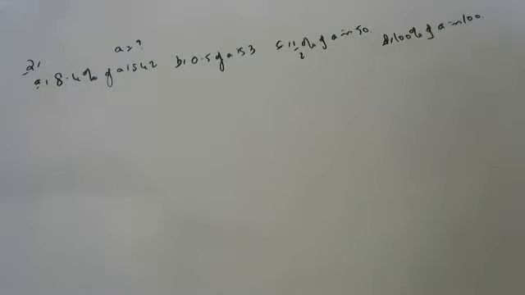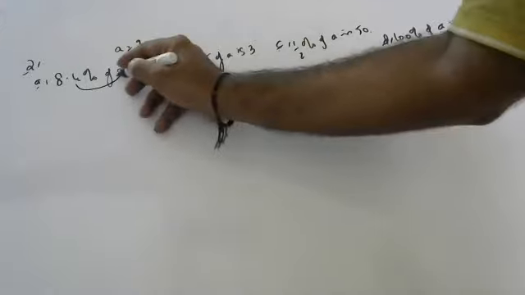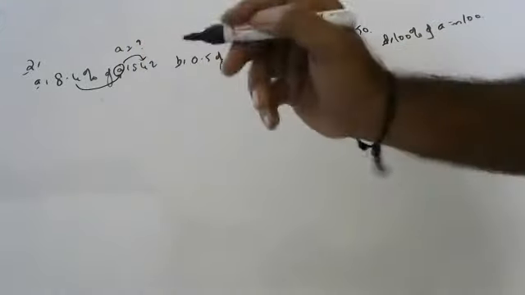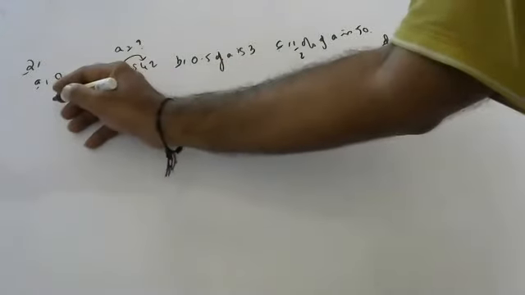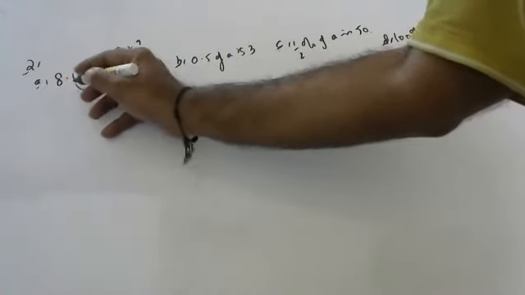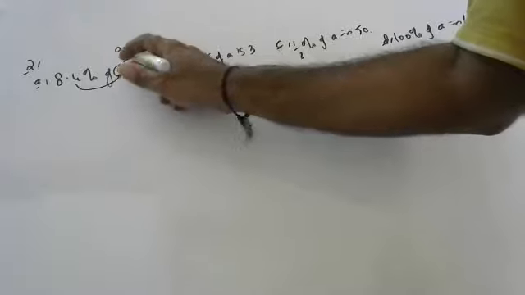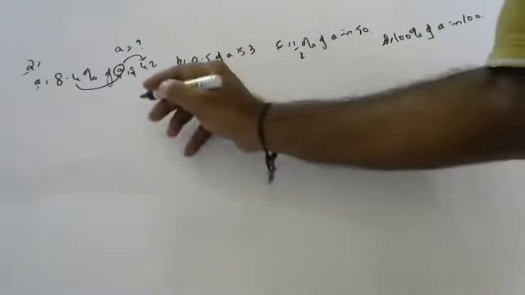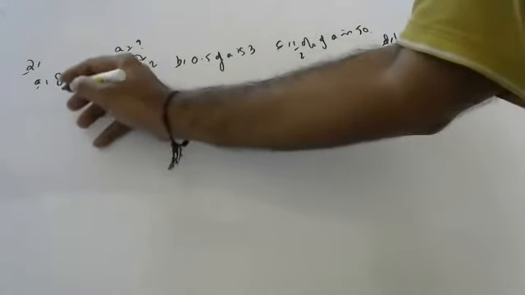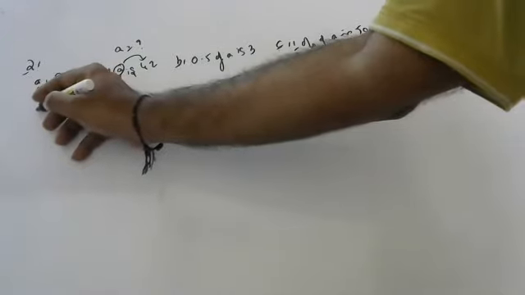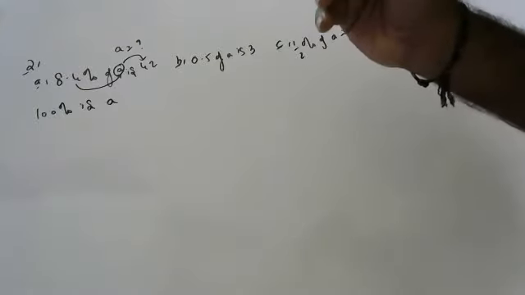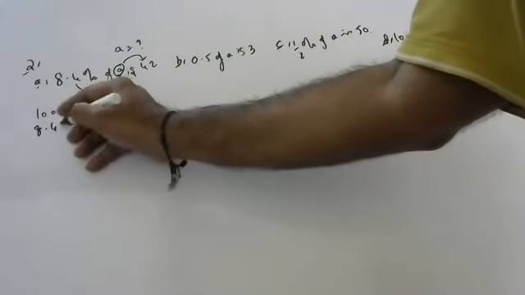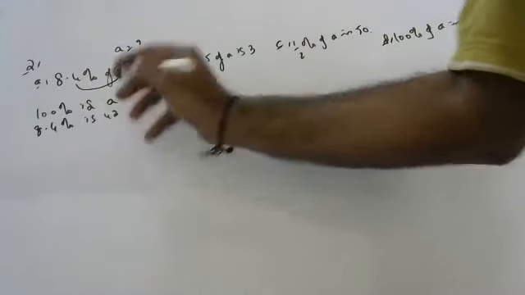Okay. Harsha? Yes, sir. So 8.4% of A is 42. How much is A? Can you do it? Sir, 100% is equal to 42. Okay, 100% is A, and 8.4% is 42. Find A.